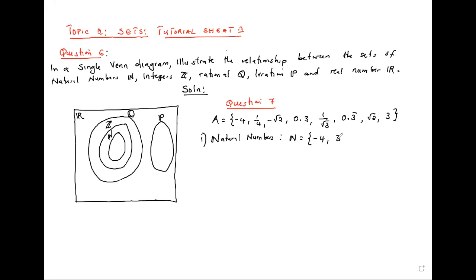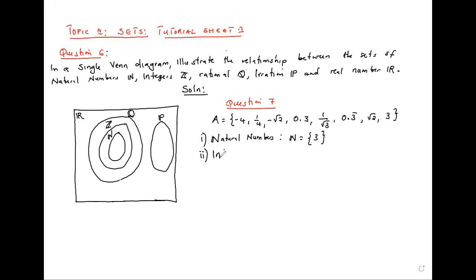We only have 2 here which are natural numbers. I've put -4, but -4 is not a natural number, it's just an integer. So natural numbers here is just the 3. We said natural numbers are count numbers from 1, and then whole numbers